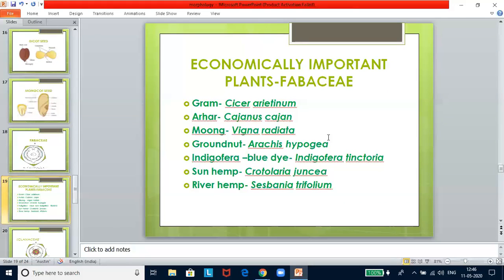See, the questions that can arise from this side are what are the pulses here? So Cicer arietinum is a pulse, Cajanus is a pulse, Vigna is a pulse again, like this. Then oil seed among the following, they will not ask as moong, arhar, or groundnut. Like this, they will not ask. You will be able to identify. They will give you the botanical names and then they will ask you to identify. If you look at the economic importance section in your book, in the end they have given, but the botanical names are missing. So I have supplemented the botanical names for those plants.